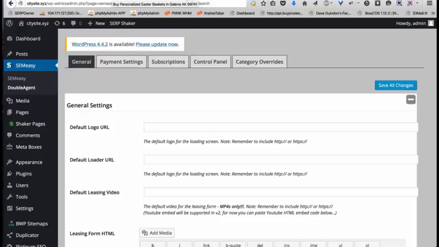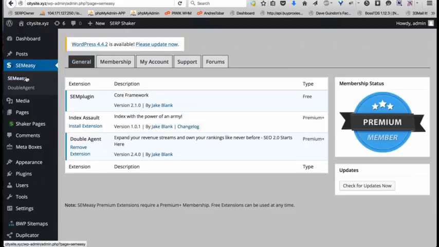Right. And like I said, I probably have something corrupt on my site here, because when I tested it earlier, it worked fine on another site. But I didn't want to show that other site because it is a live site. So this one, which is a live site, is at least one that I don't care if I lose. Gotcha. But basically at that point you would do the double agent setup.